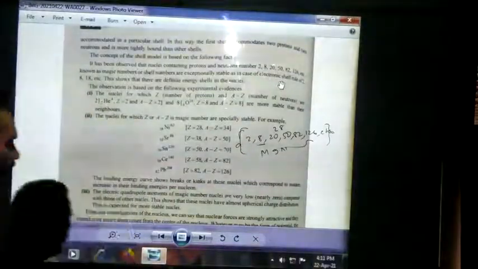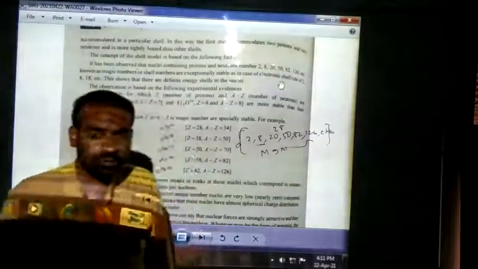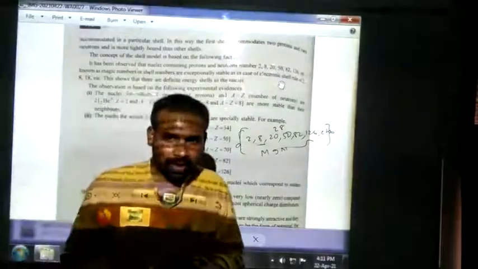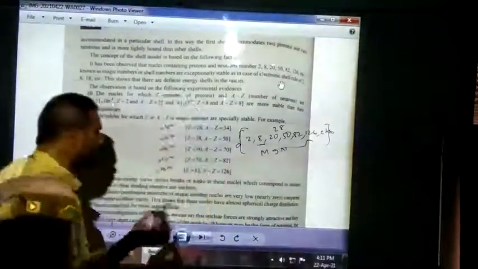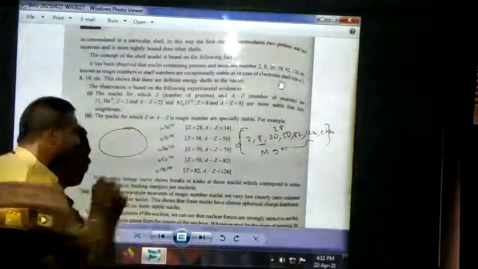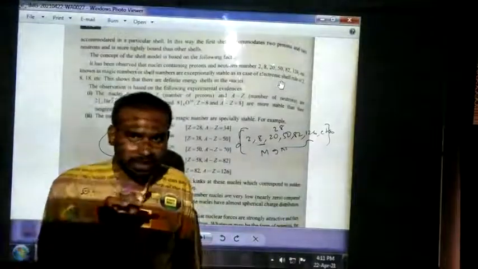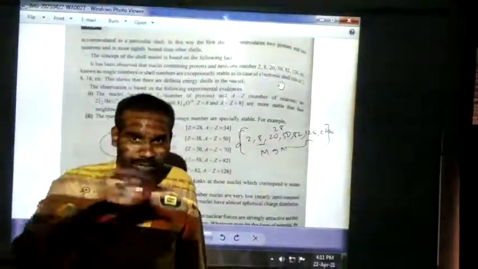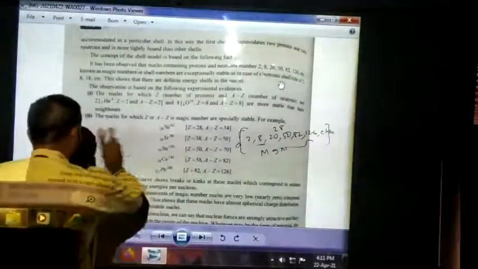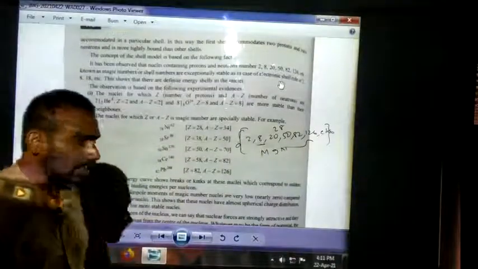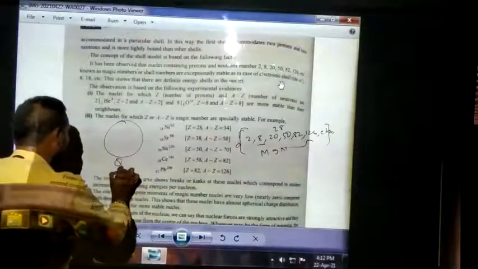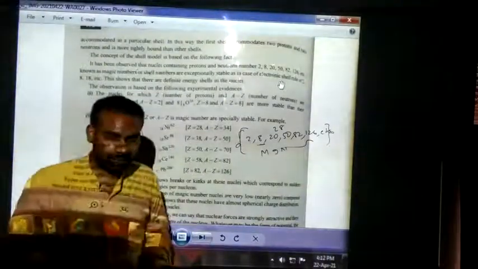Next, the electric quadrupole moment. The basic properties of the nucleus we already learned in the previous classes. Why does the electric quadrupole moment occur? Due to the irregular shape of the nucleus. If the shape of the nucleus is disturbed from a sphere to an ellipsoid, the electric quadrupole moment occurs. But for the magic number nuclei we are taking here, their electric quadrupole moment is 0, that is, Q is 0, because they are more stable.